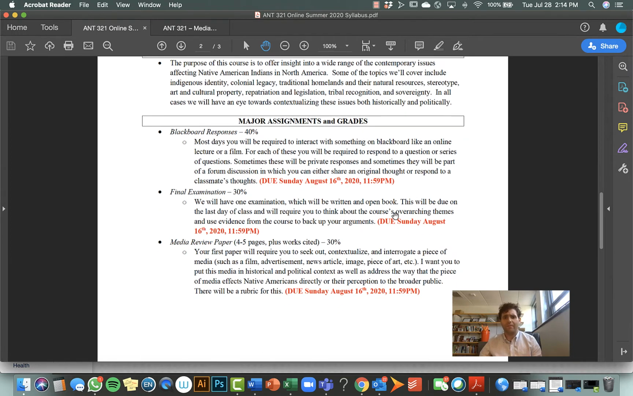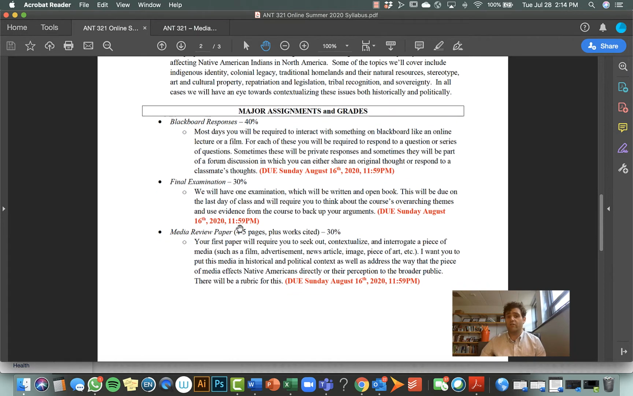The major assignments and grades for this class. Basically, your grades are broken up into 3 parts, although one of these actually has many parts within it. So let me come back to Blackboard responses because that's really the most important part. But we do have a sort of final examination. This is going to be available pretty much right from the beginning of the course. I'm going to try and get this up today, and you can do it anytime, although you should finish the